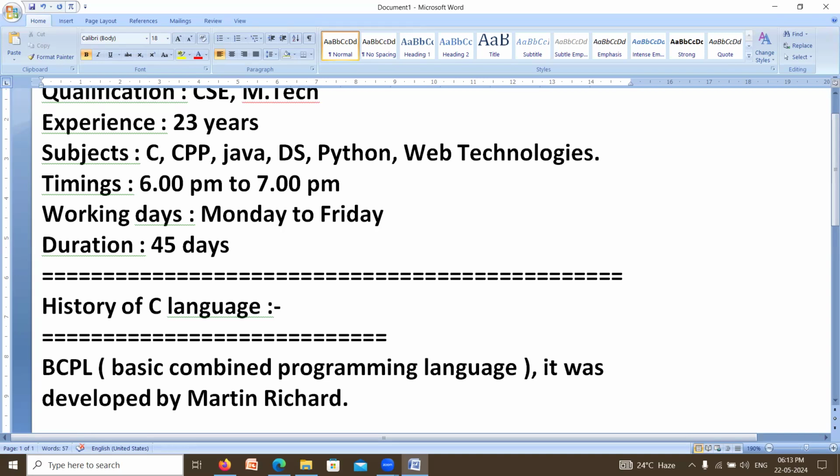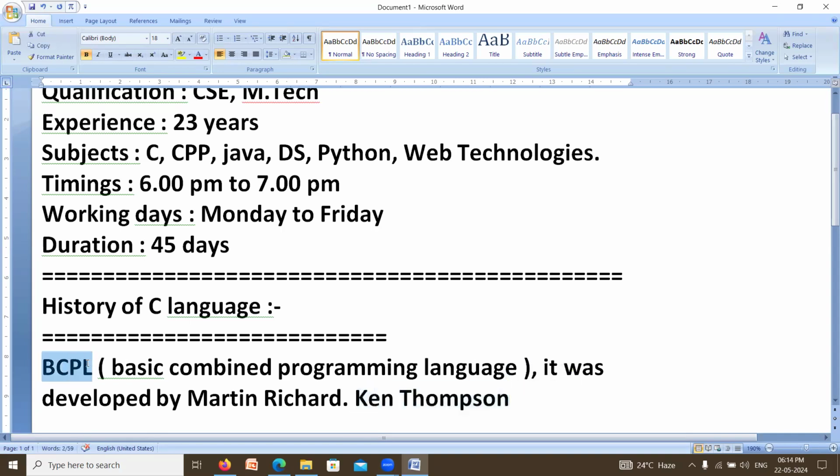As we know, a programming language or software cannot be developed by a single person. There may be a team to develop a software or a language. He is one of the persons, but he is the team leader. There is one more person who is part of this programming language development. His name is Ken Thompson. Actually,